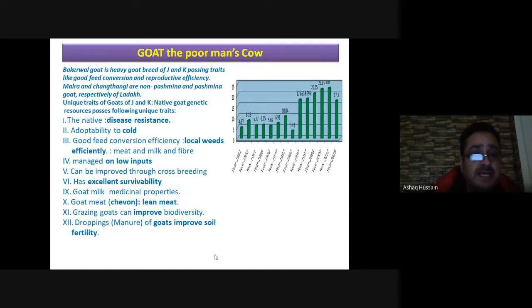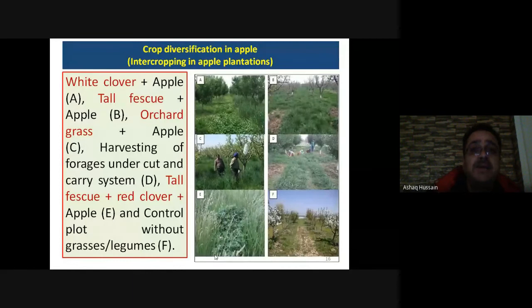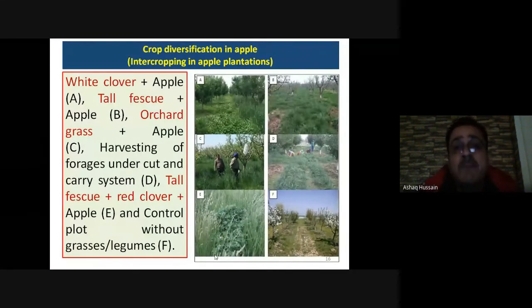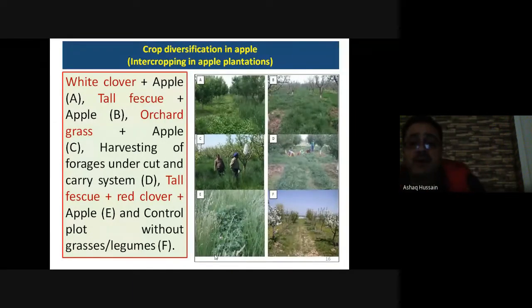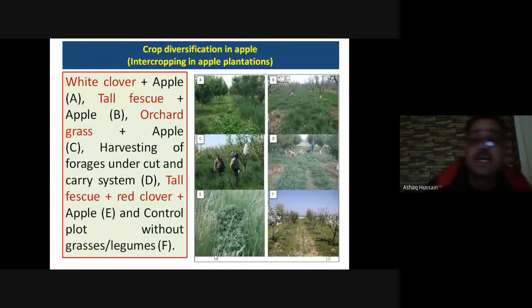It can be crossbred easily and has excellent survivability. And its milk is fed to children and to old people and has medicinal properties. And this is a high quality meat, also called lean meat. And it improves the biodiversity in the ecosystems. And the droppings of the goat are very fertile, have high nutritional value for the soil and improve the soil properties. Now, when we move to the apple, which occupies 1.4 lakh hectares in Kashmir province,